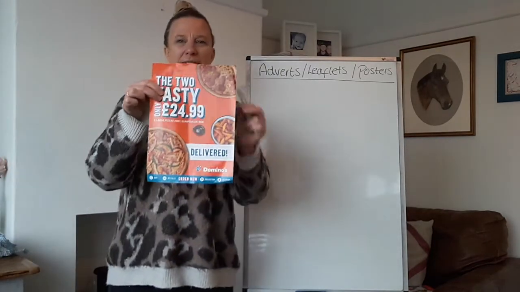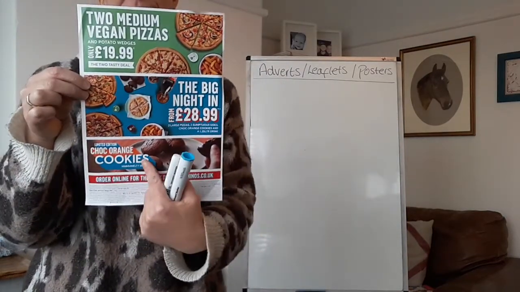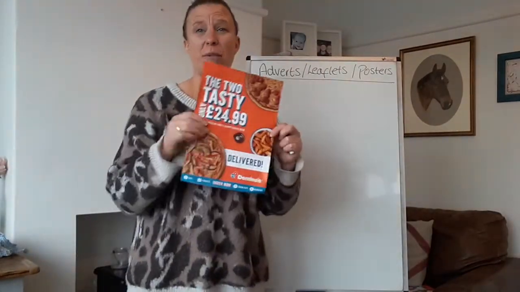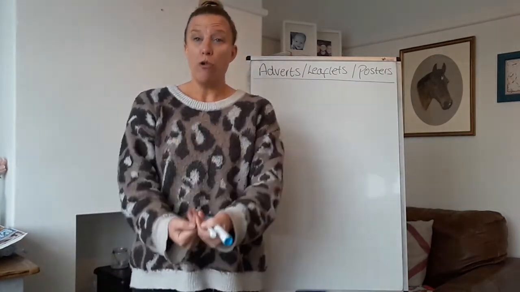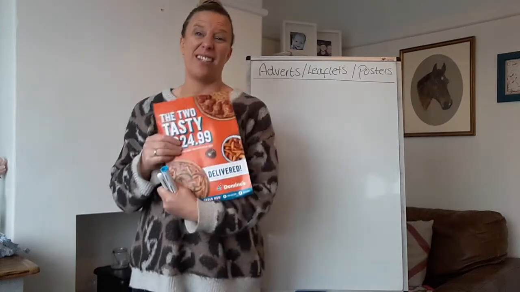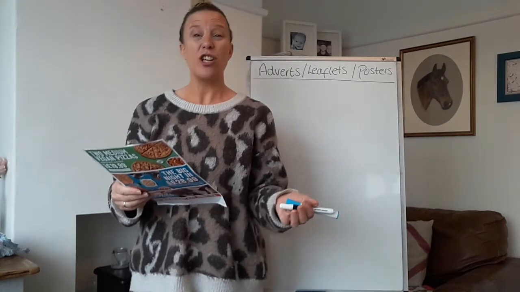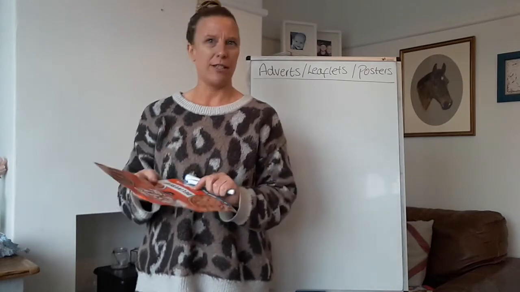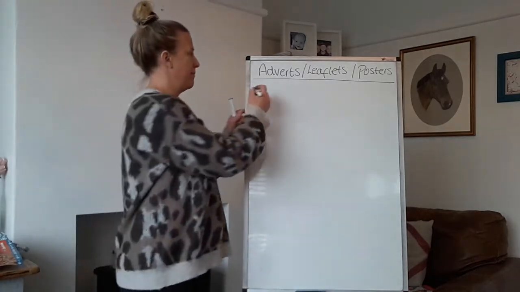Another kind of leaflet, advert. This is an advert here, for yummy pizza and yummy cookies. So, you know, this is an advert. It advertises something. Adverts are trying to sell you something or trying to promote something, trying to persuade you to take part in something. So this is trying to make me get pizza, because you can get 2 for $24.99. It's pretty good, right? 2 large pizzas and a side. It's quite good. So this is trying to persuade me,